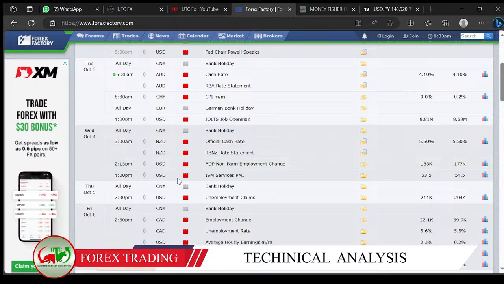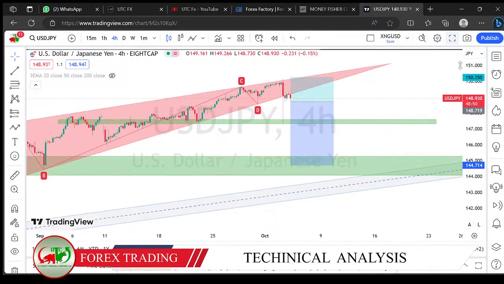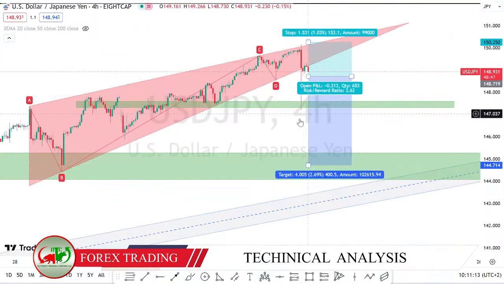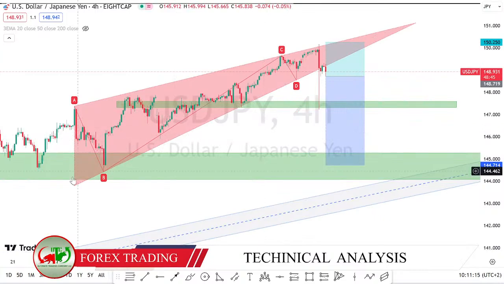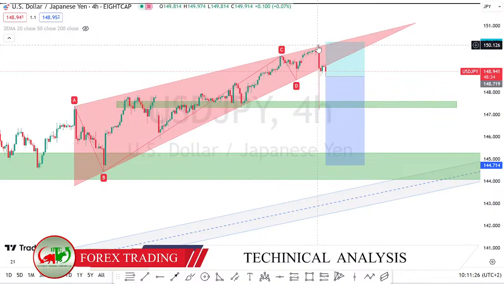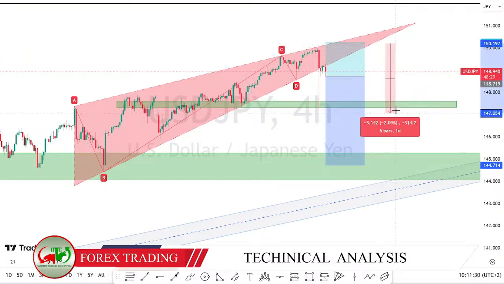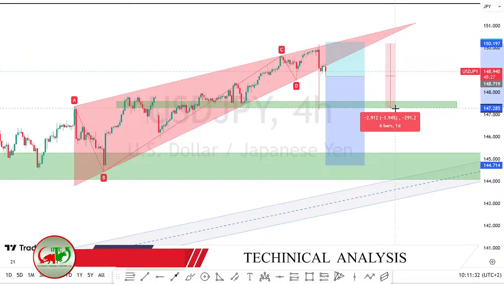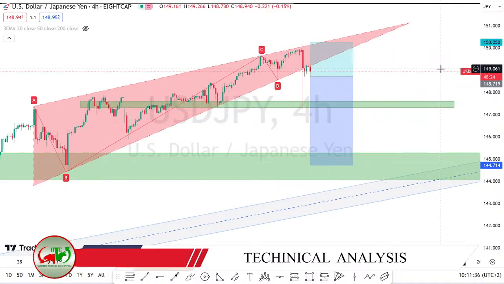And at 4 p.m. we have ISM service PMI. All of this is fundamentals for sure. Honestly, they are going to cause a sudden move on USD/JPY, and we at UTC will be on the bearish side, because we already have a signal showing that the buyers are losing the buying momentum and that the sellers have entered. You can see this drop which happened yesterday, just in 1 minute, a drop of about 2%. This was insane, my friend.